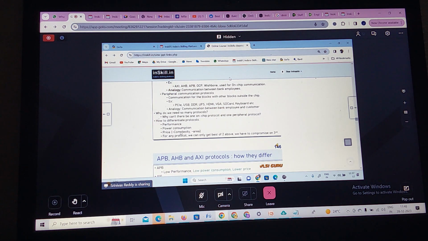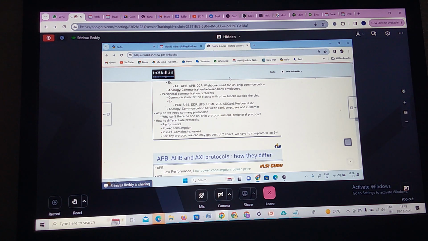More price means more complexity and area. For any protocol, based upon your application, we can only get the best two out of these three; one you have to compromise. If you are compromising on the price, you get low performance. If you are not compromising on the